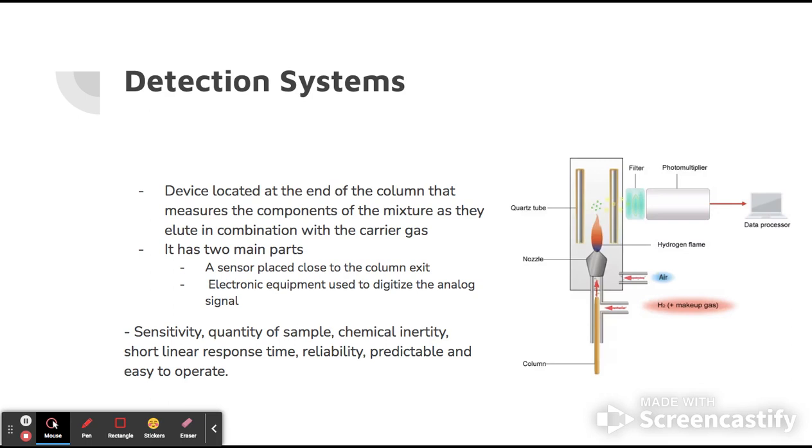An ideal GC detector is distinguished by several characteristics. The first is adequate sensitivity to provide a high-resolution signal for all components in the mixture. The quantity of the sample must be reproducible, and many columns